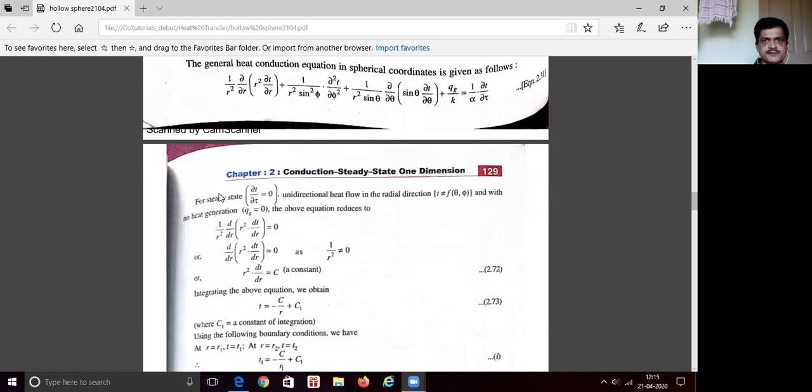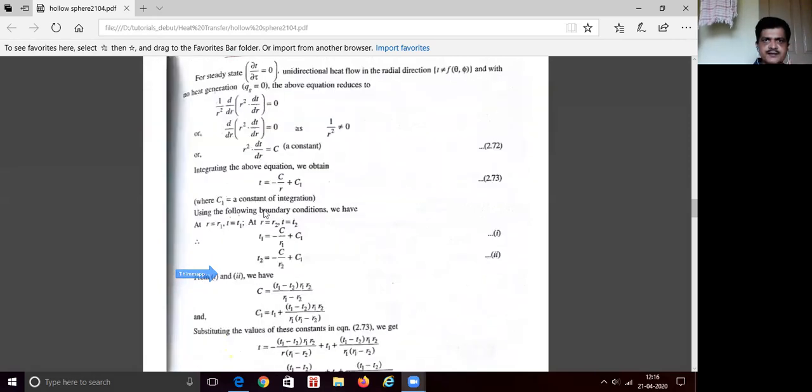So this is the equation that is equated to 0: one dimensional, radial direction only, no heat generation, and there is no change in temperature with respect to time. So this we can write in a different form, because if we expand it, you will get this one, U into V. I had explained this in the last class. Now, if this is to be 0, r square cannot be 0. So to make it 0, the differentiation of this one is 0.